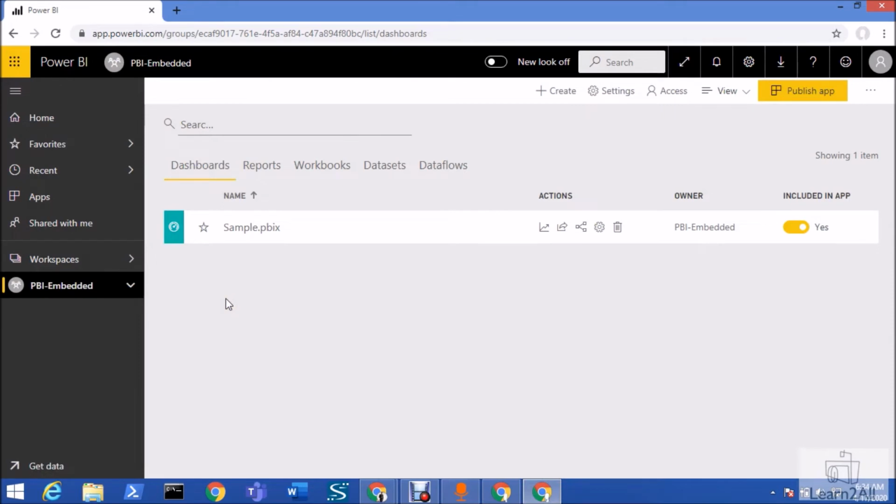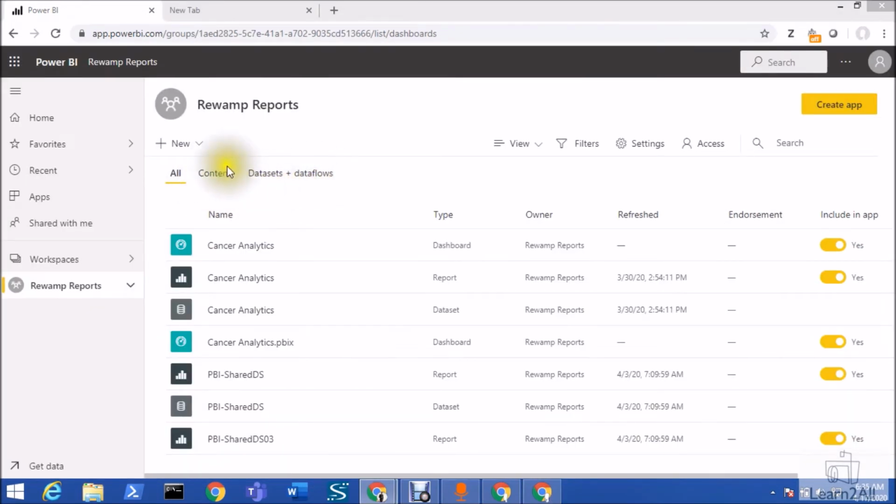Sometimes it was confusing for users who are new. Here is the new tab order. First there is the All option, which shows all the content like dashboards, reports, workbooks, paginated reports, datasets and dataflows within this workspace. So all the information is available with this All tab.